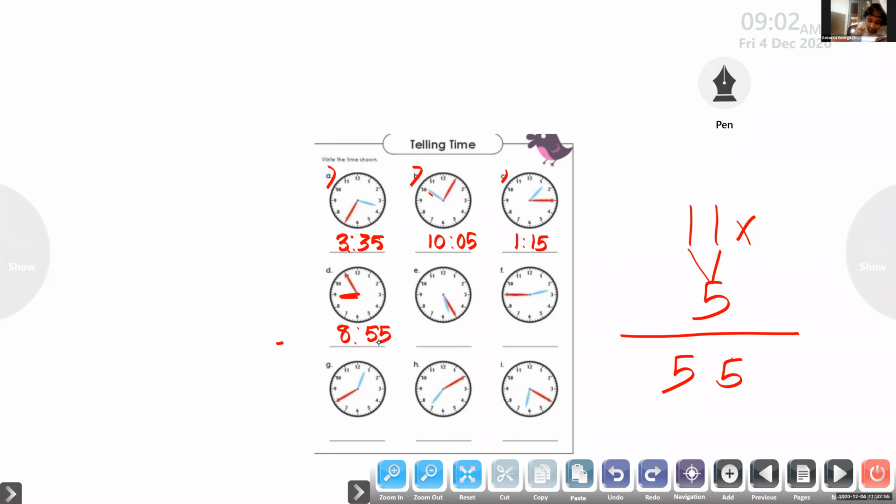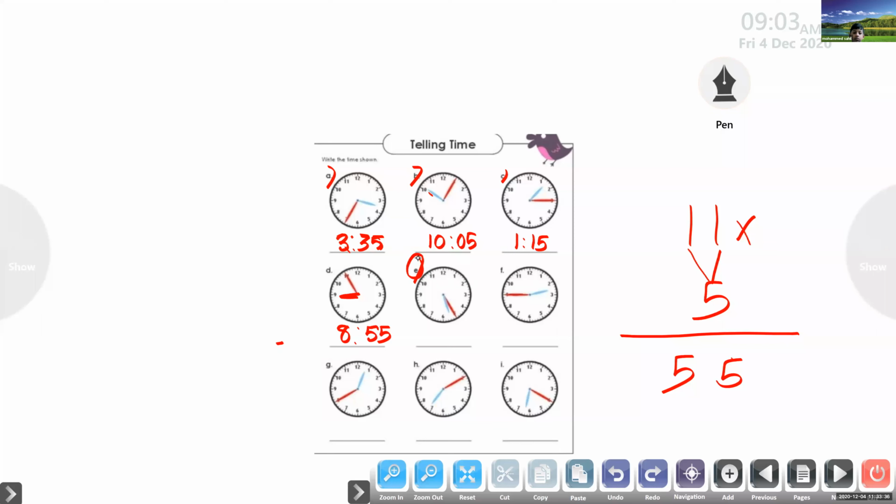Now, next question 2. You can mute your audio, dear. Mohammed Sahil, please unmute. Dear, here the position of our hand is between 2 and 3. So how many hours? Okay. Here the position of our hand is between 5 and 6. Others, please mute your audio. Some disturbance is coming.